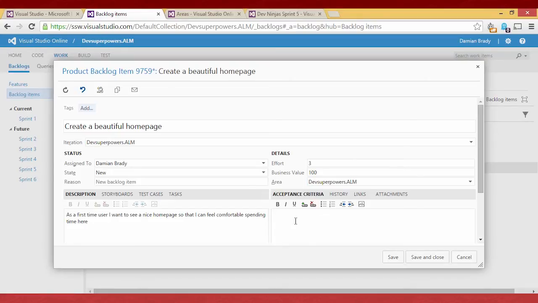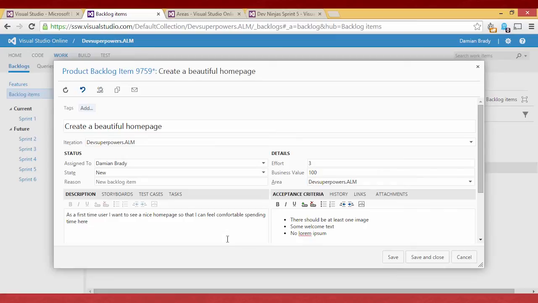And this should represent the description of when you can consider this item done. So in this case, we want to say, for example, creating a beautiful homepage would be, it should be at least one image, some welcome text, for example, and no